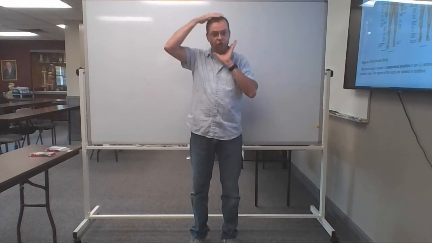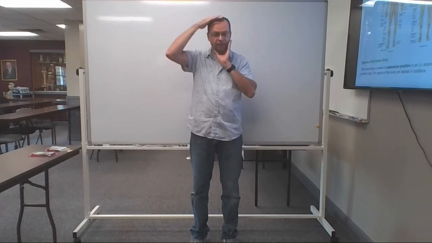Okay? So some of the regions of the head are cranial. Cranial refers to the entire head. Facial refers to the face. Another term that we use for the head is cephalic in general. So some specific regions of the head are the frontal region, which is the forehead, the temporal regions, which are the temples, the nasal region, which is the nose, oral region, which is the mouth, buccal regions, which are the cheeks, mental region,